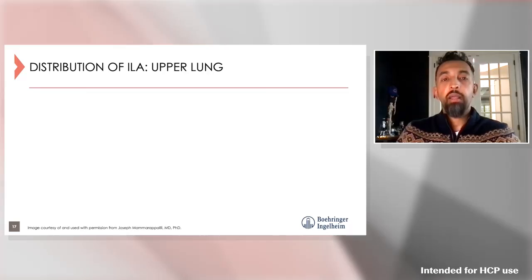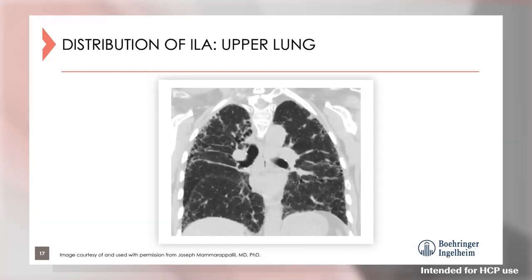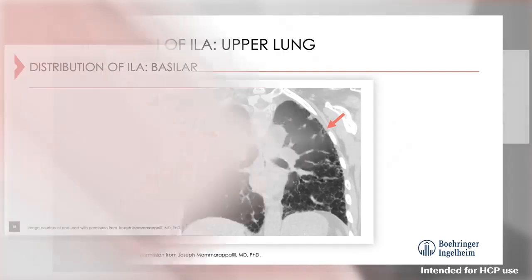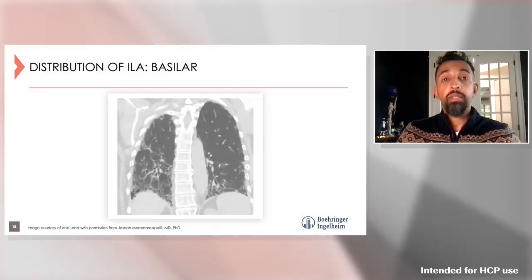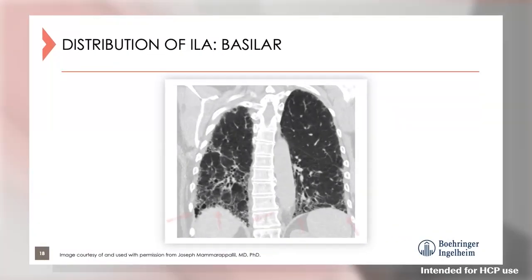Next, for our distribution of ILA, this is the upper lung findings of ILA. Anytime you see ILA, you want to describe, is it upper, is it mid, is it lower? In this situation, we have upper lung findings where we see areas of reticulation, also with some traction bronchiectasis. A great look for upper lung findings of ILA, as opposed to this case where we have a basilar process occurring. In coronal imaging, this patient has definite basilar predominance of traction bronchiectasis with reticulation. You'd wonder if there are some non-emphysematous cysts there at the right lung base or potentially honeycombing.